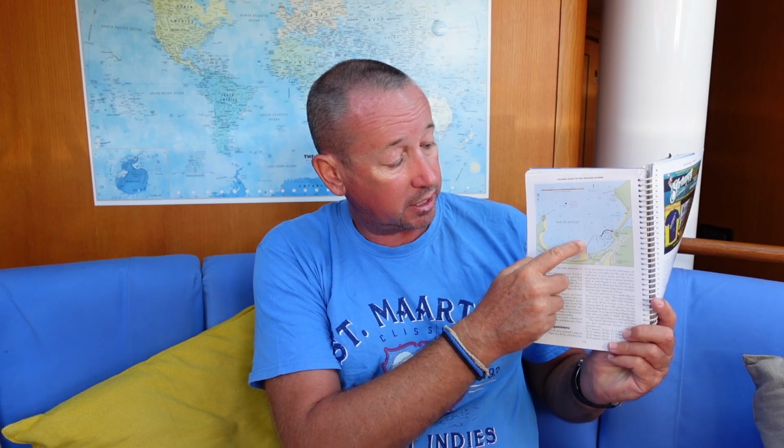Before we go into any anchorage, especially when we're coming in the first time, we look at the cruising guide. So this is the anchorage that's on the video. It's Marigot. It's a beautiful big bay here in St Martin, and it just tells you that it's quite open. There's a couple of metal unlit mooring balls there that if you hit, you're going to do major damage because they're for ships. And there's also this little bit of shallow patch that comes out as you're going into the